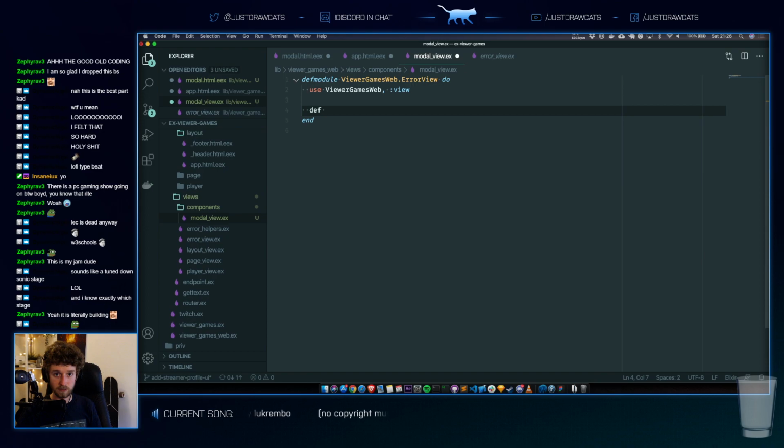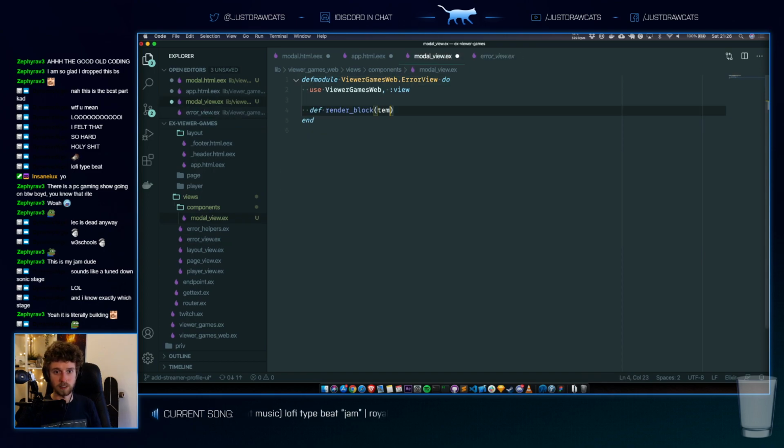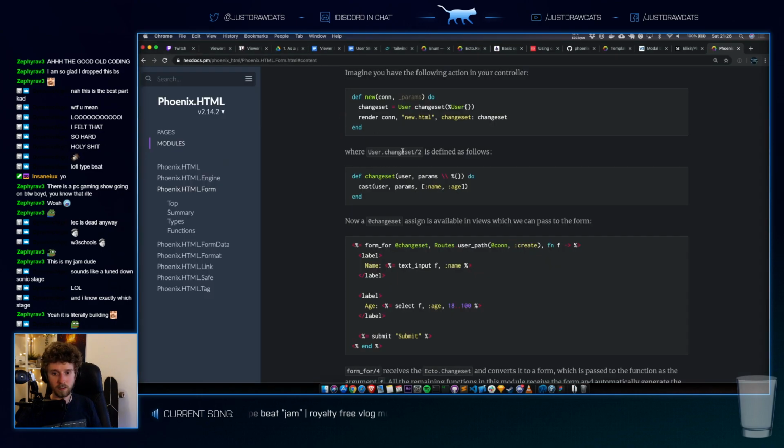Def render block, which contains a template. I don't know how I use that though.